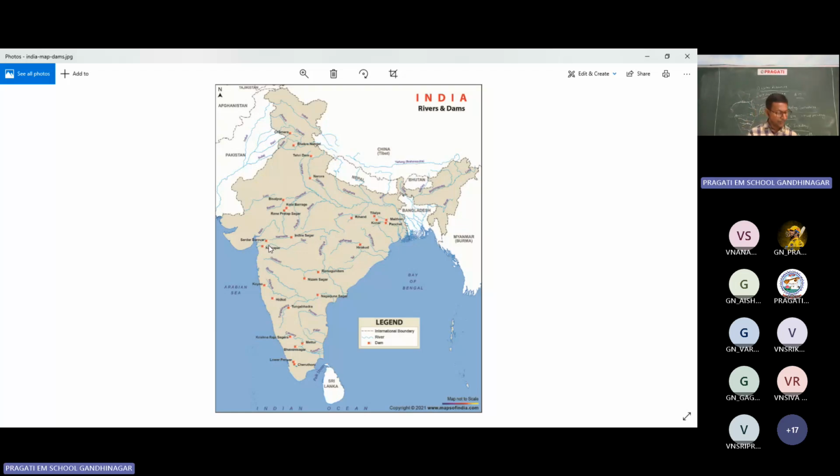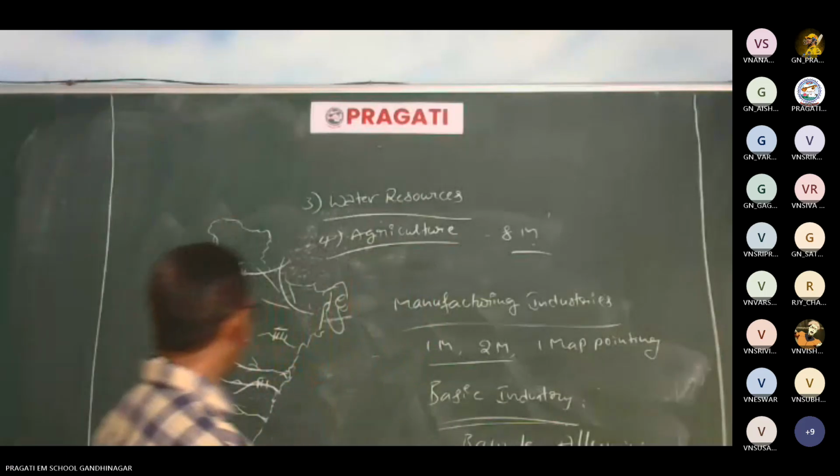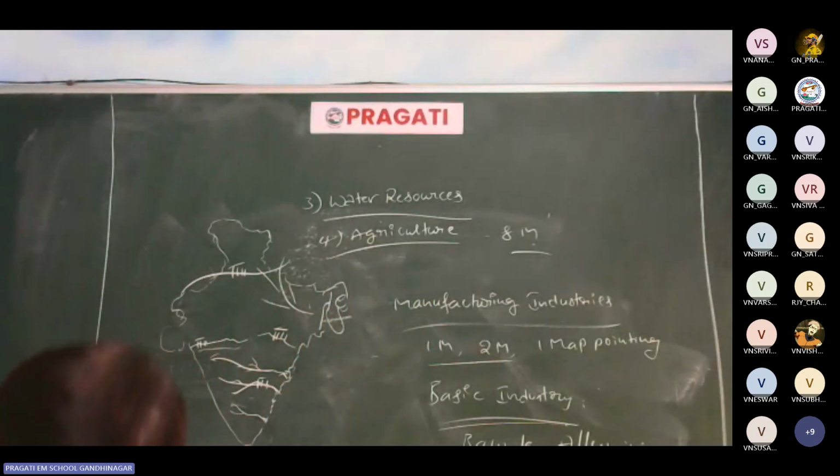Here, map pointing also comes mostly. Find it on page 50 in your material. Here, Visakhapatnam steel plant is there. Durgapur in West Bengal, the Durgapur steel plant, Rourkela in Orissa. These places try to follow thoroughly. Jamshedpur in Jharkhand, Bokaro steel plant. Okay, these locations you have to follow thoroughly, especially in map pointing. Here steel, in some industries you may come across.